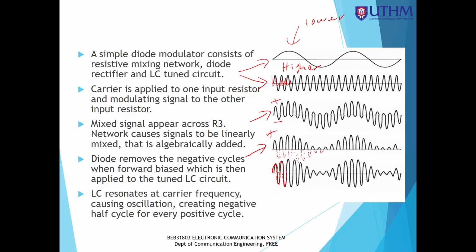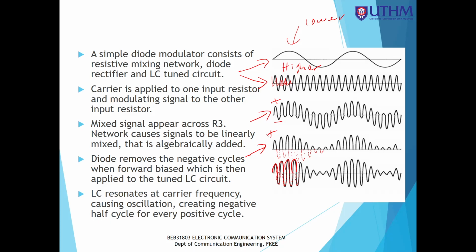The LC tank circuit charges and then discharges, complementing the output signal, then charges again and discharges, charging, discharging. This process produces a complete output waveform, a complete double sideband full carrier signal at the